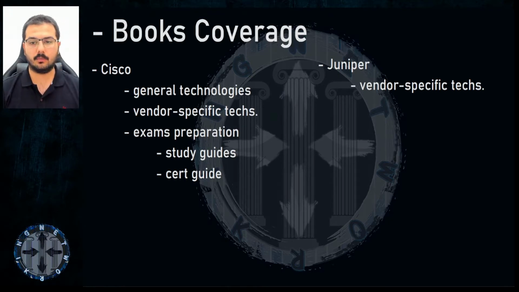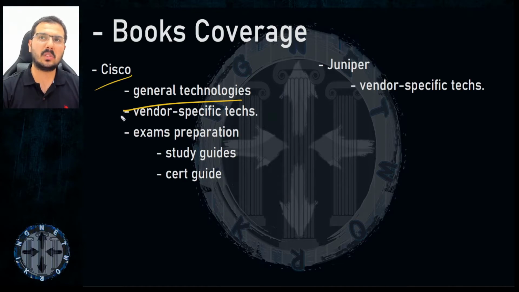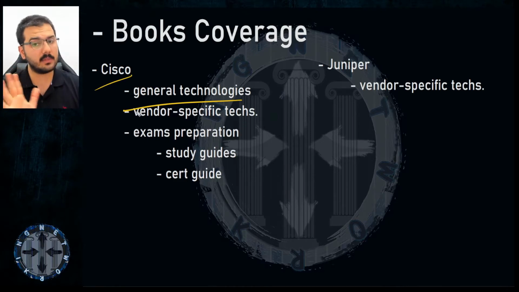Okay, next we'll talk about what these books cover, and that is a critical point, and it's an unfortunate point. Cisco books provide general technology. You can find a book talking about OSPF, a book talking about BGP from Cisco Press, and it will talk generally. When it comes to the theory, you will spend 50 to 70 pages for a single technology, 100, 200 pages for one single technology, or sometimes a 1,000 page